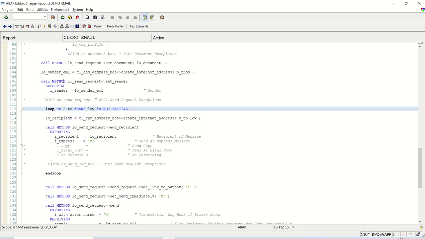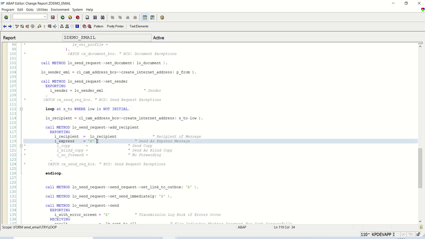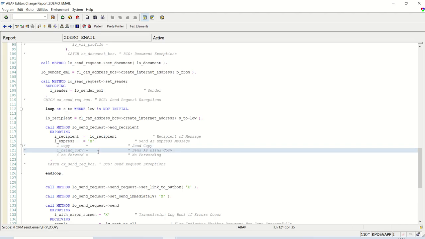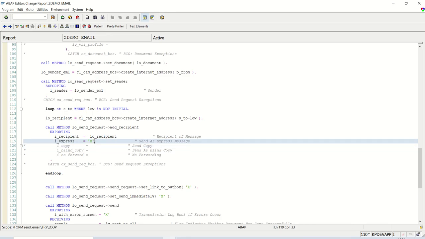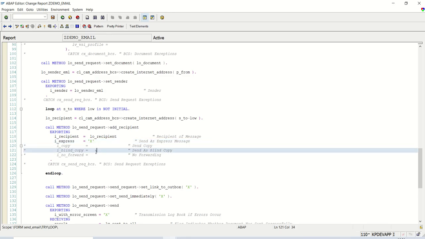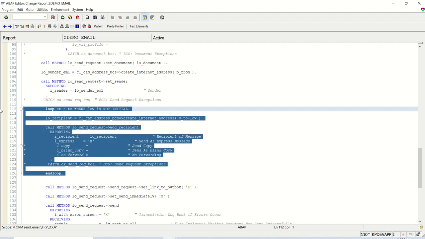So we have a select option on the selection screen, and as of now the code is written to add the two email addresses. Okay, and as I explained, for TO the express will be X, the remaining two will be blank. For copy CC, the copy will be X, and the express and the blind copy will be blank. And for BCC, the I underscore blind copy will be X. So I'll copy this as it is